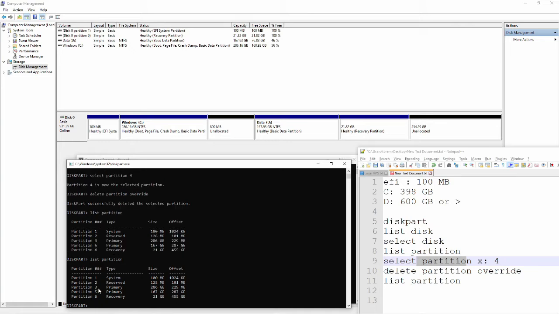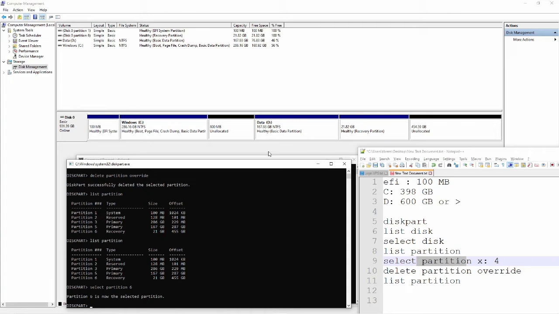I am going to do the same with partition 6, recovery, of 21 gigabytes that we see here. So I am going to select partition number 6. And now I am going to say delete partition override.